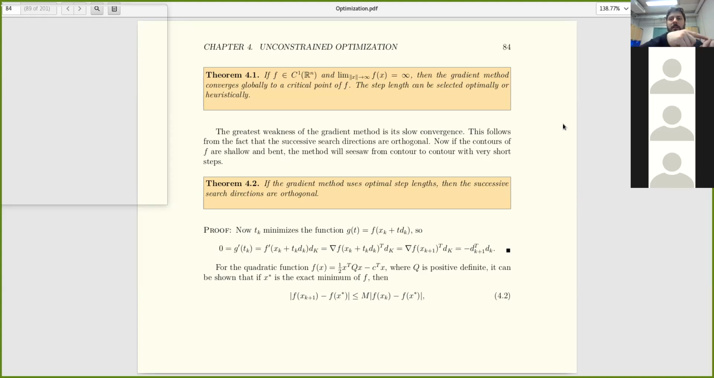It results in a situation where it travels the valley almost at the bottom of the valley, but it bounces, you know, at right angles or almost right angles. And when it's getting closer and closer to the optimum, it starts taking very short steps because the valley is very